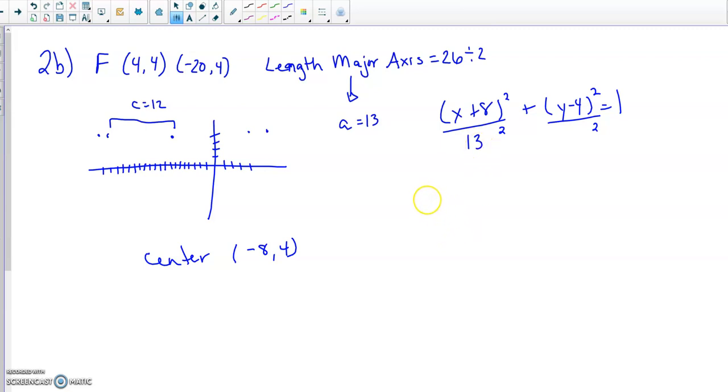So we're going to solve, again, using the C squared equation. So C squared equals 13 squared